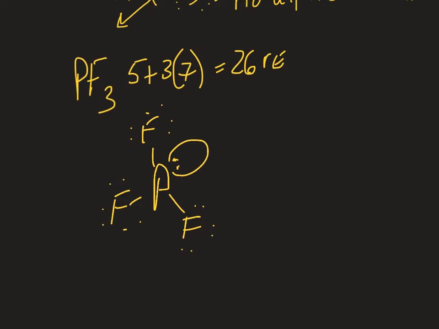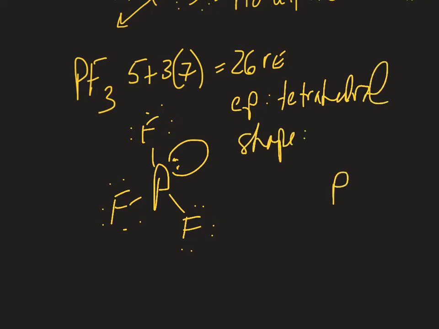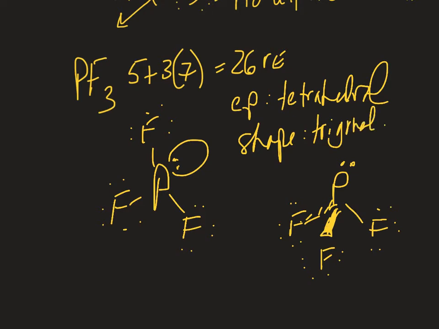With 4 repelling units, the electron pair geometry is tetrahedral, and the molecular shape is, with my phosphorus here, one of these F's going into the plane, another F shooting out of the plane, and this third F on the right in the plane of our screen. So this is what's called a trigonal pyramidal shape. Is this polar? Well, yes, it is, because